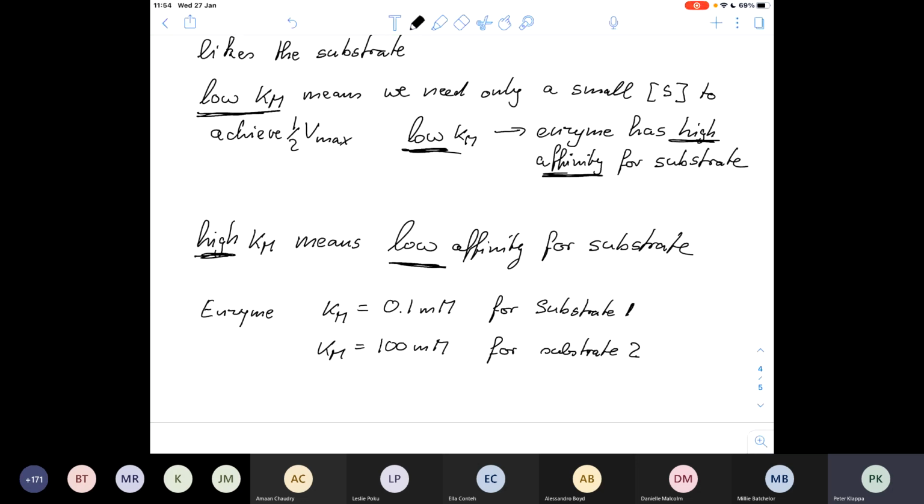You can only compare them with each other. If you just simply have a Km of, say, 0.1 millimolar, it doesn't tell you anything in comparison. You only can compare them if you've got two. But you're absolutely right. The Km of 0.1 millimolar indicates that the enzyme really